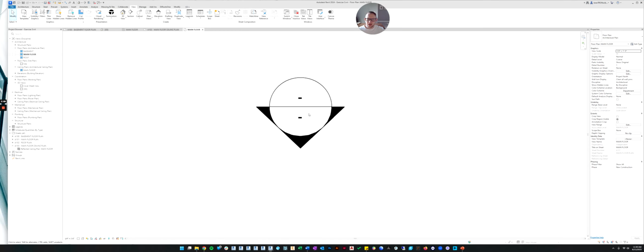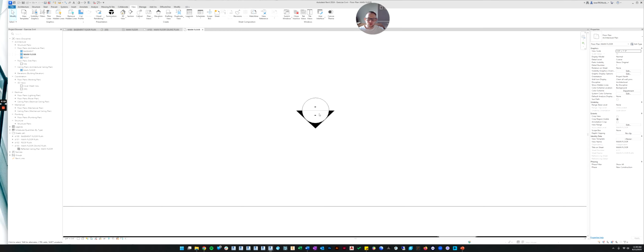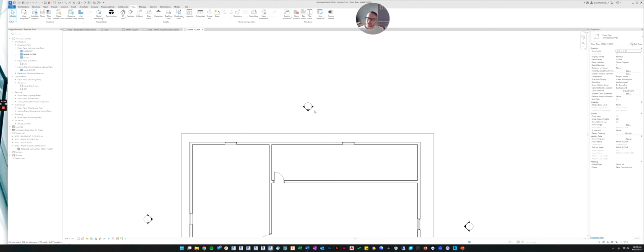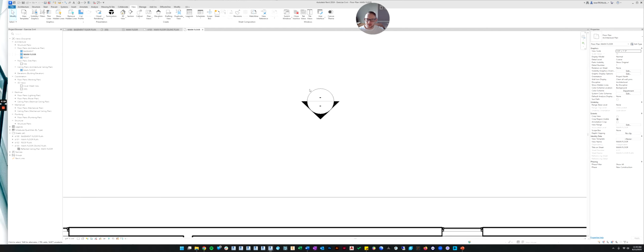So if you haven't looked at plans before, you won't know this, but these heads are meant to tell you a couple things. So the arrow is the first thing. It tells you where the elevation is looking, right? So these are elevation tags. So I should explain, let me rewind. When we clicked the button, Revit did two things. It created an elevation, and it also created an elevation tag and placed it in this view.